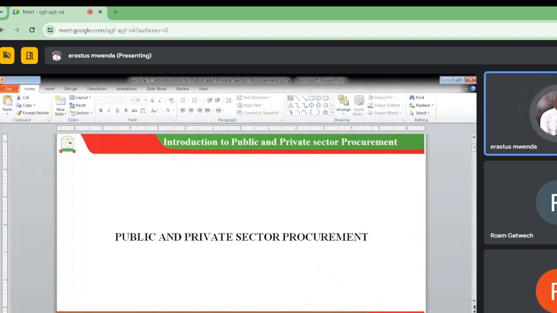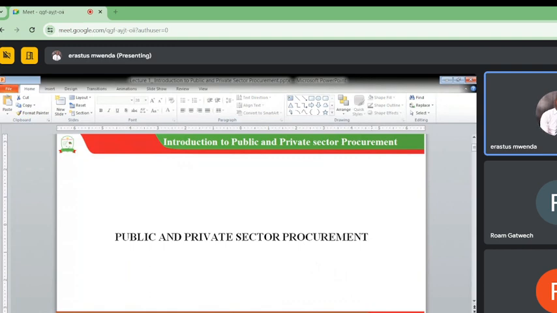So conversations around public and private sector procurement are protected by a certain law. And in East Africa, when you look at different countries, you're going to find that they have the Public Procurement and Disposal Bill. So find out from your country the most recent enacted bill, because there are so many